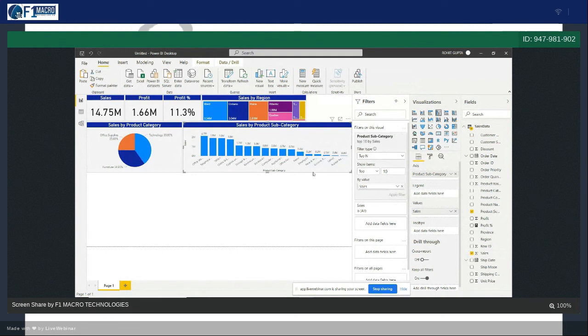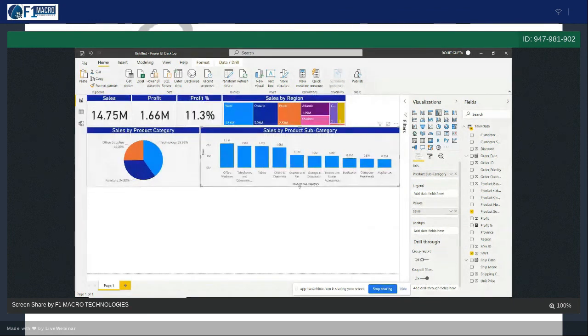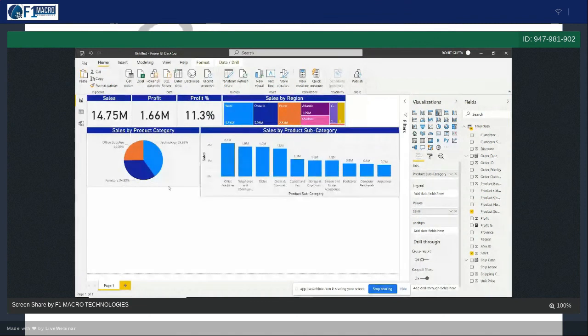Once you click on apply filter, it will give you only top 10 subcategories by sales. Okay, can you see top 10 subcategories by sales here, right? I'm just minimizing it now. Okay, you can just increase the width or height of this.